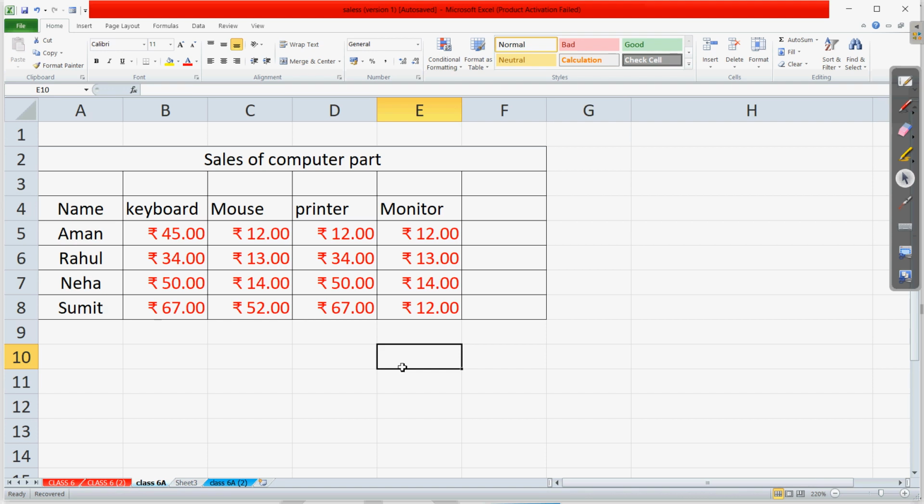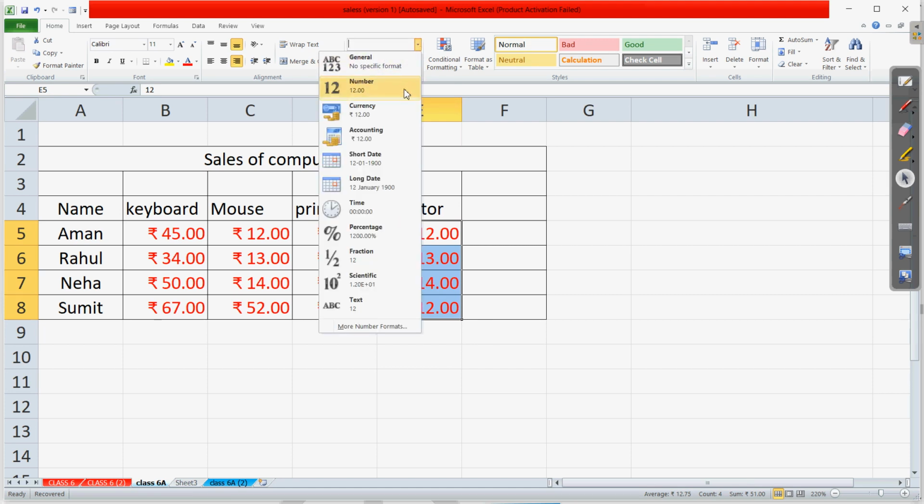We can choose any other field. We can also choose the earlier existing values. So suppose I am selecting this. Let us remove the currency and we can click on the percentage symbol. So this is what we are talking about.